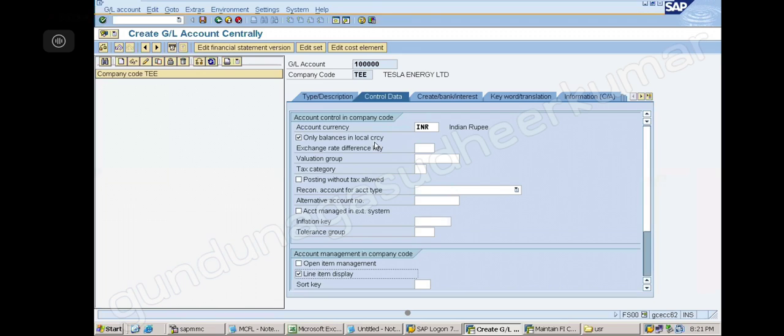So here I am able to see the balance in rupees. But I don't want to stop with the balance. How did I get that balance? How many transactions do I want to see here? Is it clear? Everybody understood? Line item display, transactions display. Along with the balance, I want to see the transactions list also.